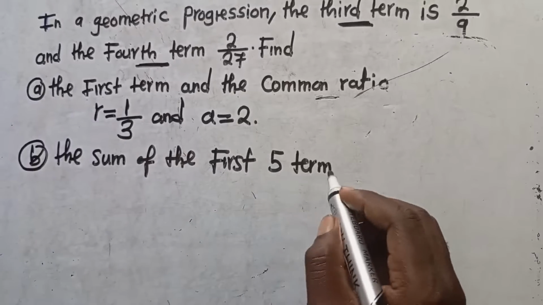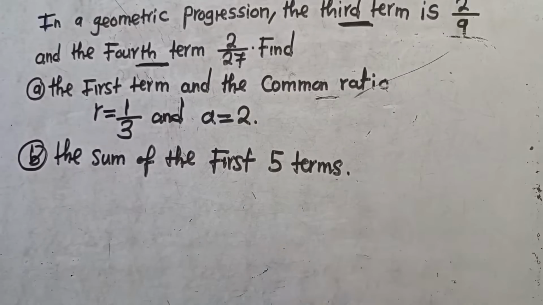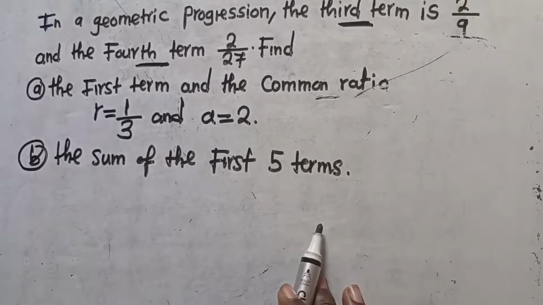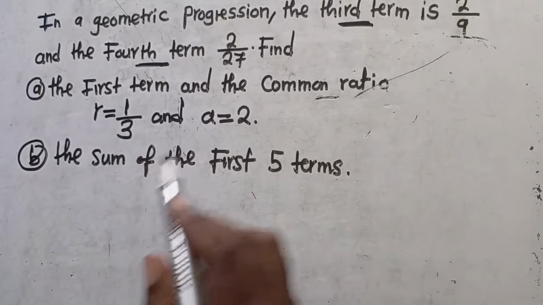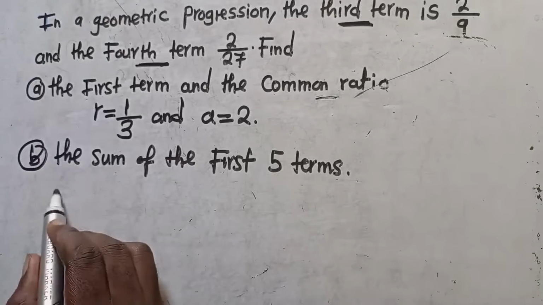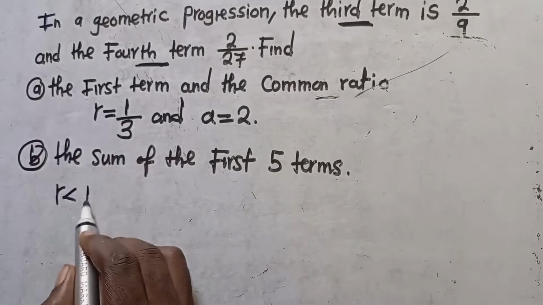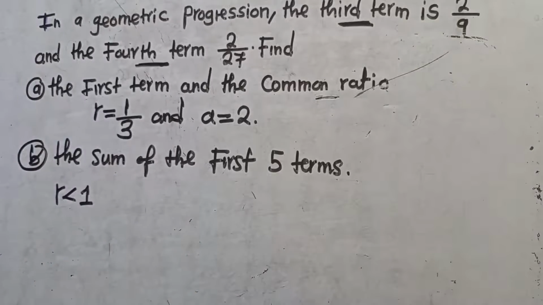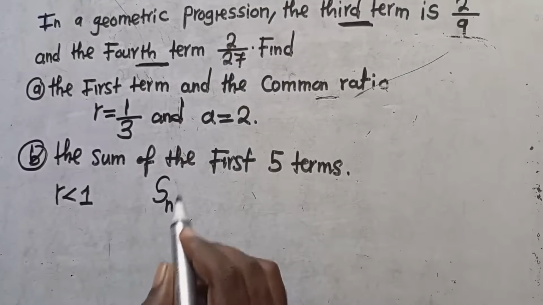How can you find the sum of the first 5 terms? So you are told to find the sum of the first 5 terms. Before you look at the sum, I told you that we need to look at the common ratio. The common ratio is 1 over 3. So meaning that the common ratio is less than what? 1. If the common ratio is less than 1, the formula we need to use